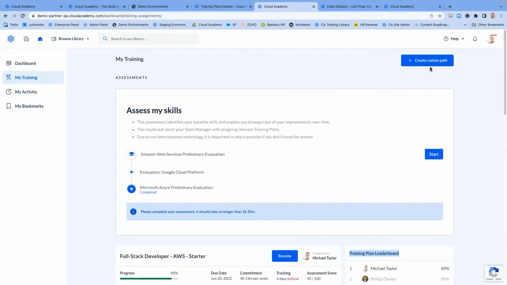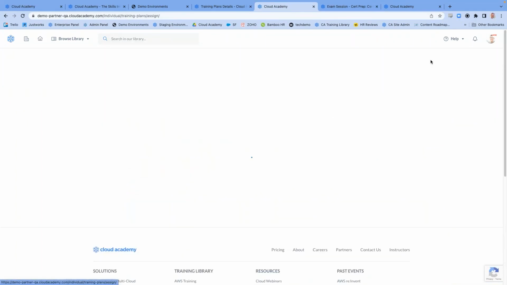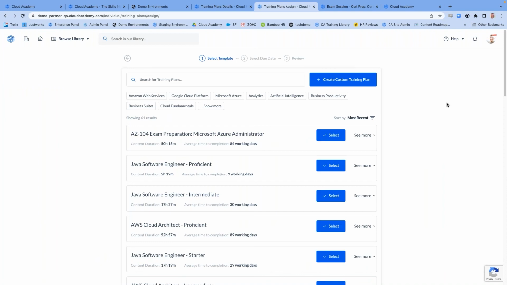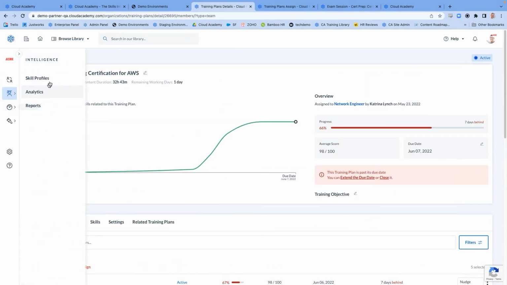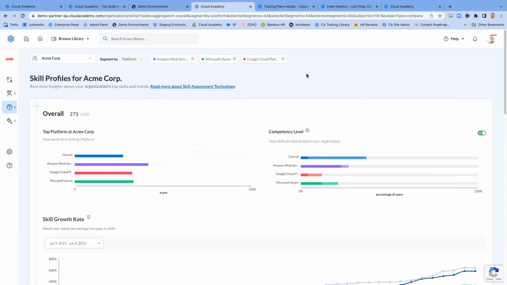But as I mentioned, the end user can come up here and click on Create Custom Path. If the data engineer level 2 existed, then Michael would be able to come in here, select that specific job role, and be on his way to his promotion and being a happy employee that does not leave. Shout out to the great resignation of the last year. So what we've seen today was a quick introduction into the skills intelligence platform that Cloud Academy has to offer.